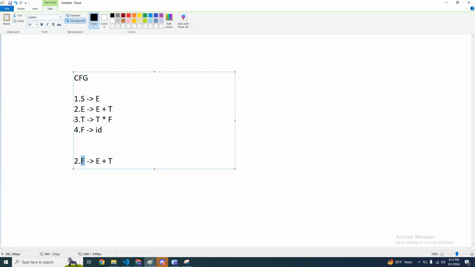For example, this expression has an attribute code. So E dot code is equal to, let's name this E1, so E1 dot code